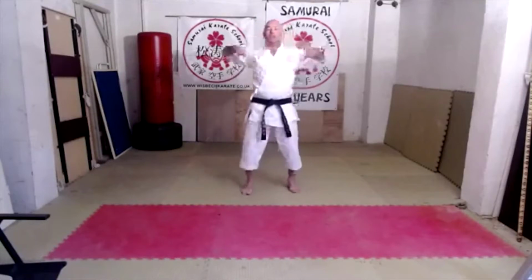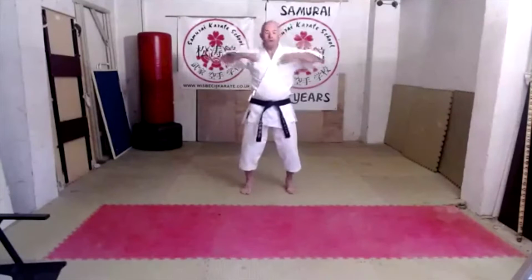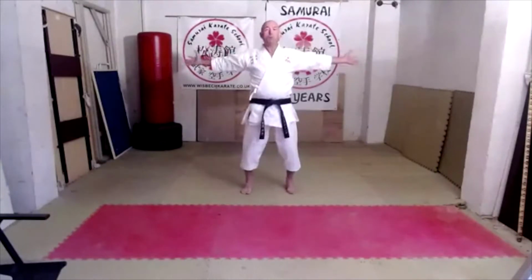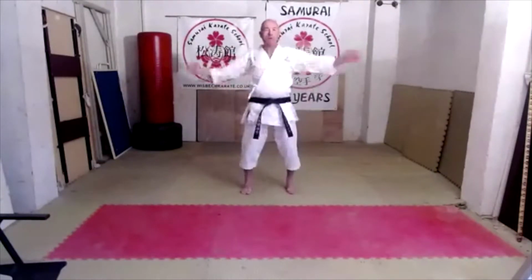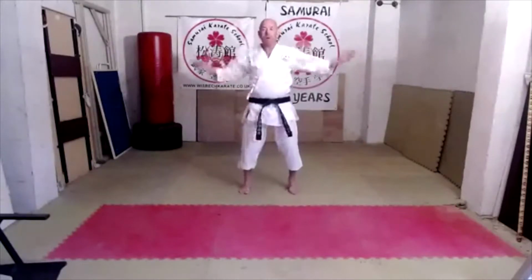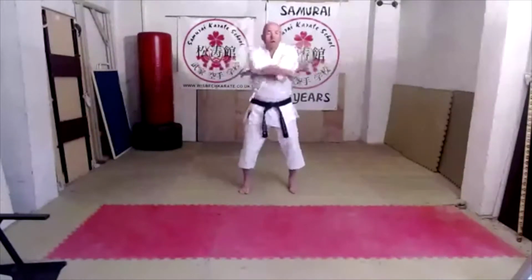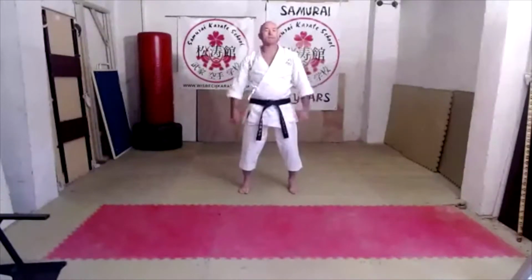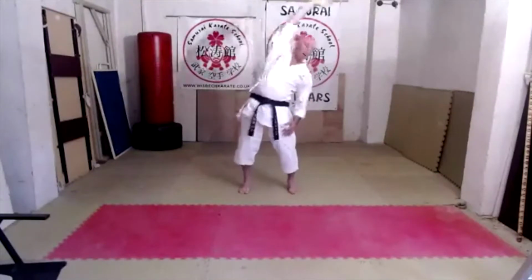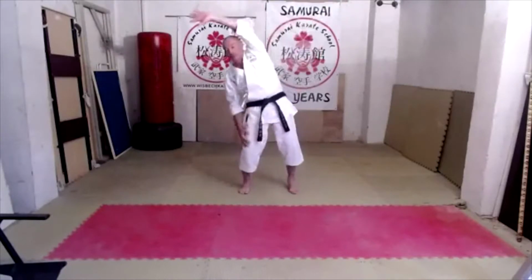Fist under your chin, elbows back. Ichi, ni, san, shi, go, roku, shichi, hachi, ku. Jaw open, close. Ichi, ni, san, shi, go, roku, shichi, hachi, ku. Jaw and relax. Relax, right hand up, lean over to the left, and left hand up, lean over to the right,